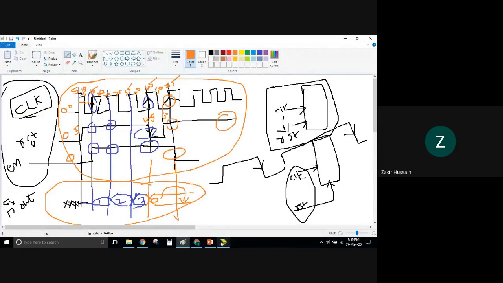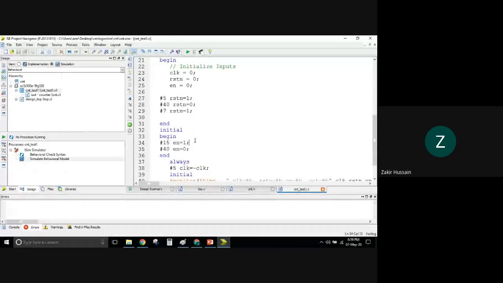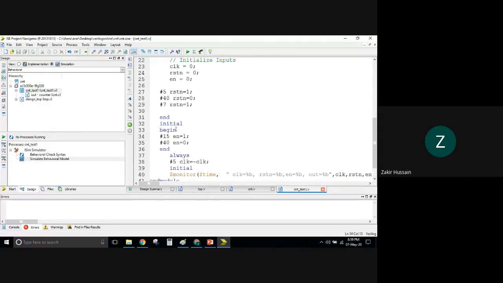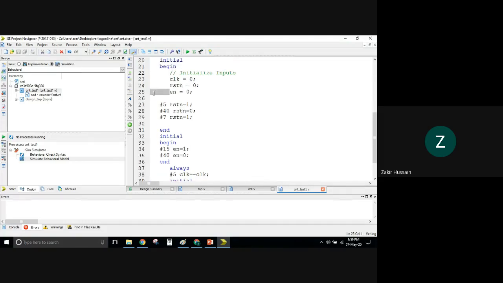That is enable, so we have put it correctly. Can anybody locate where the mistake is? Because what is happening at this point, we did not mention any time, meaning at 0 simulation time, our enable, I got the point, I guess.